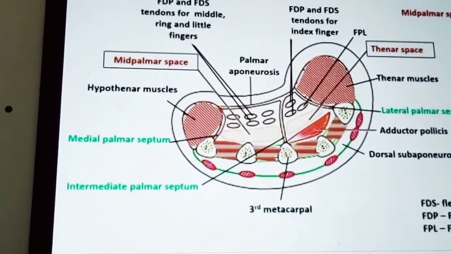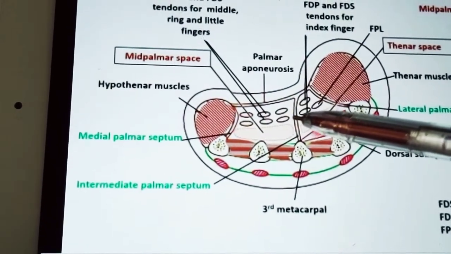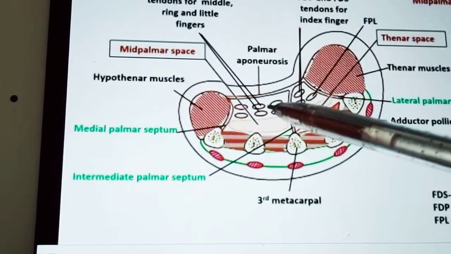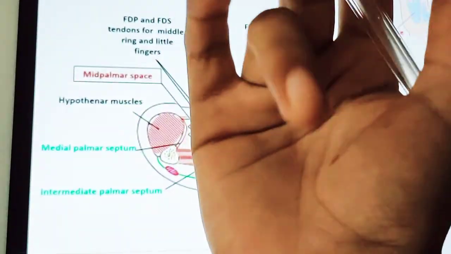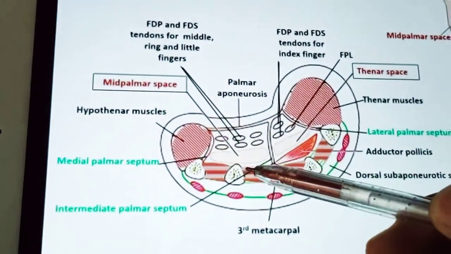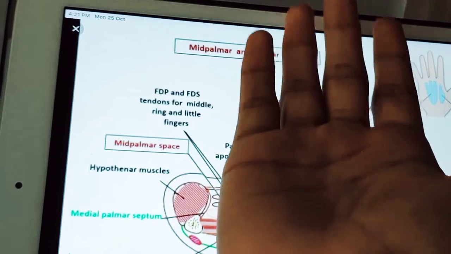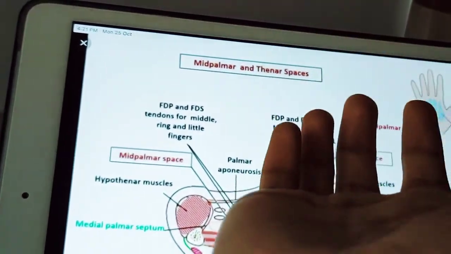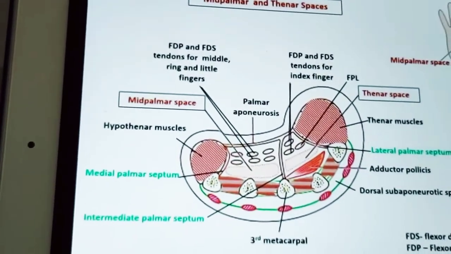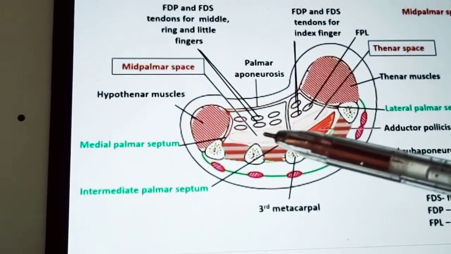So coming to the mid palmar space, its shape is triangular, and it's under the inner half of the hollow of the palm. So this is the hollow of the palm, right? If you see the location in the palm, exactly below this will be the mid palmar space. Actually this diagram is, if I cut my hand from this side and I'm seeing from the front, then that is this part. So it will be just below the hollow in the middle of your palm. There you will see the mid palmar space.